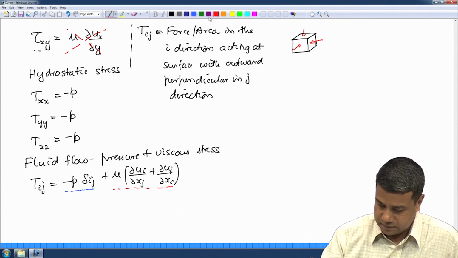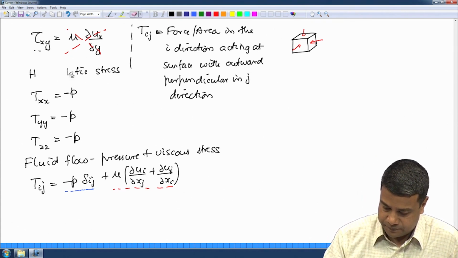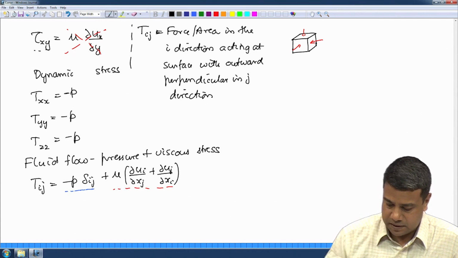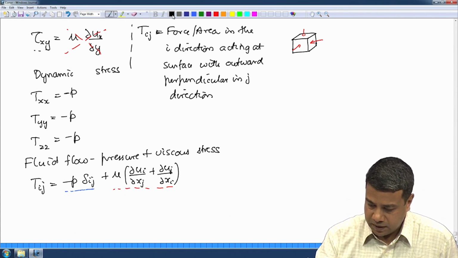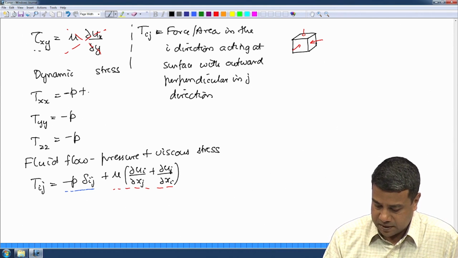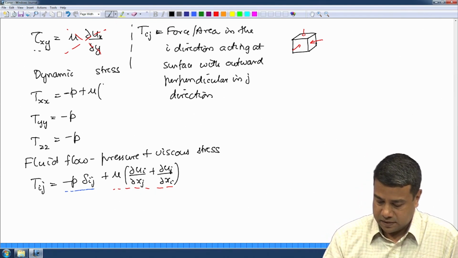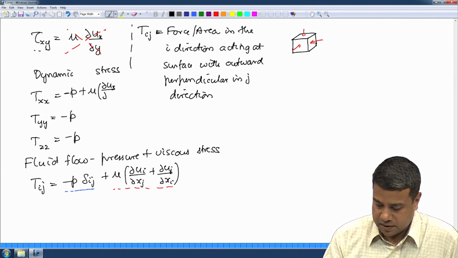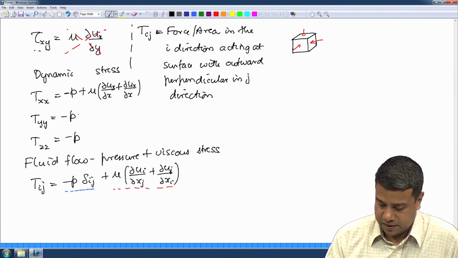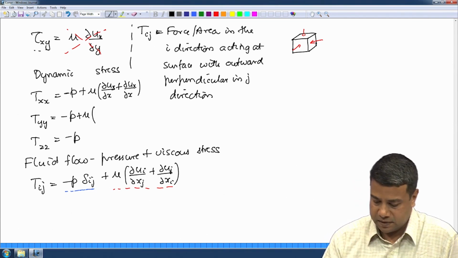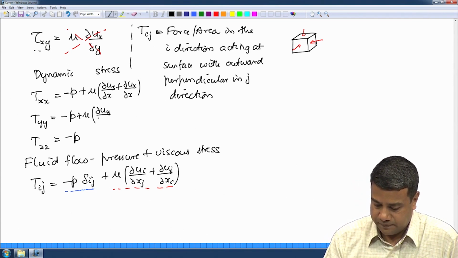So, I will write this as the dynamic stress. I would have a second term here which is plus mu. In this case i is x and j is x. Partial ux by partial x plus partial ux by partial x. This one, i is y and j is y. So, I will get partial uy